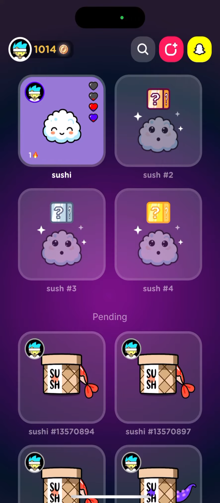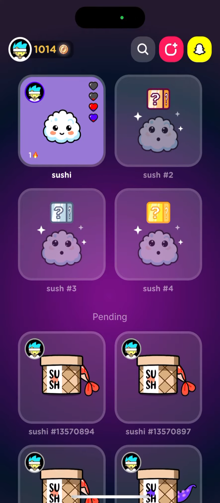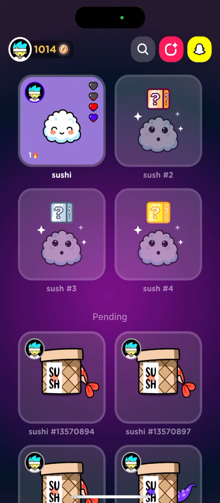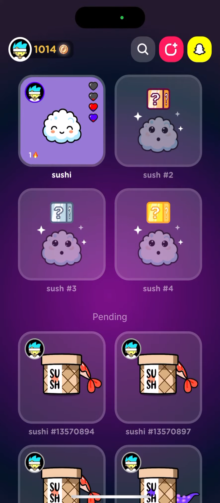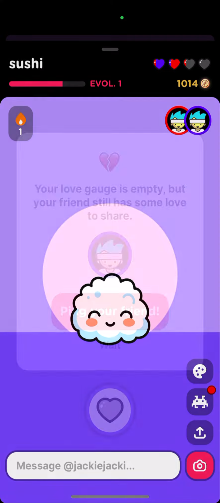I think you need to have at least iPhone 7 to install it, so it's pretty old iPhone. If you have iOS 16 or later, then yeah, you should be good to go. So here is SUSH. You need to be raising SUSH with someone, and then you just see it,